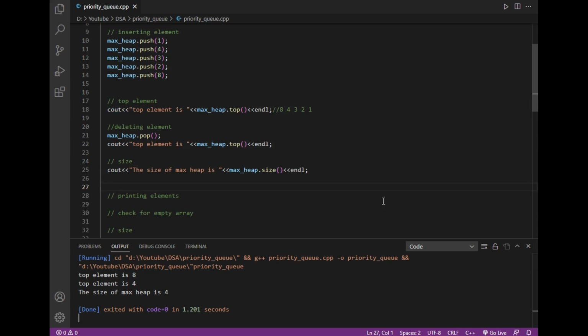Now let's move ahead. The next is printing elements. To print elements, we will be using the traditional queue method, which is while, in brackets, check if maxi is not empty. So this empty function will tell the loop to continue till maxi becomes empty. After that I will just print cout